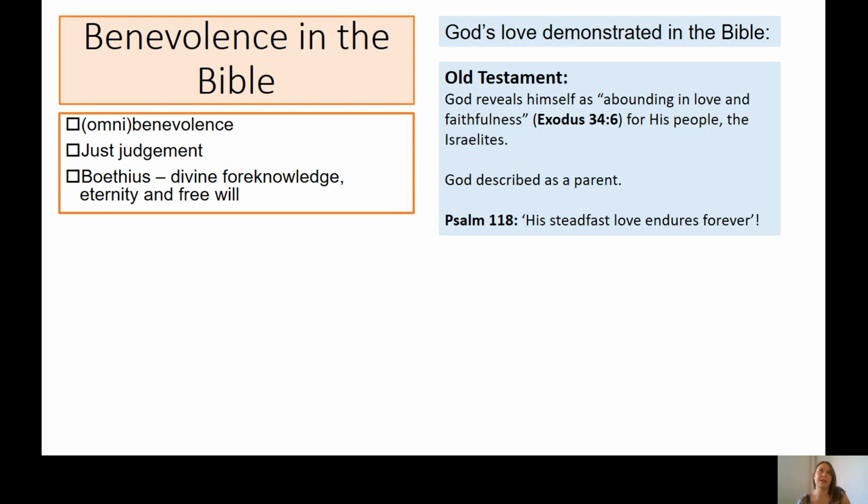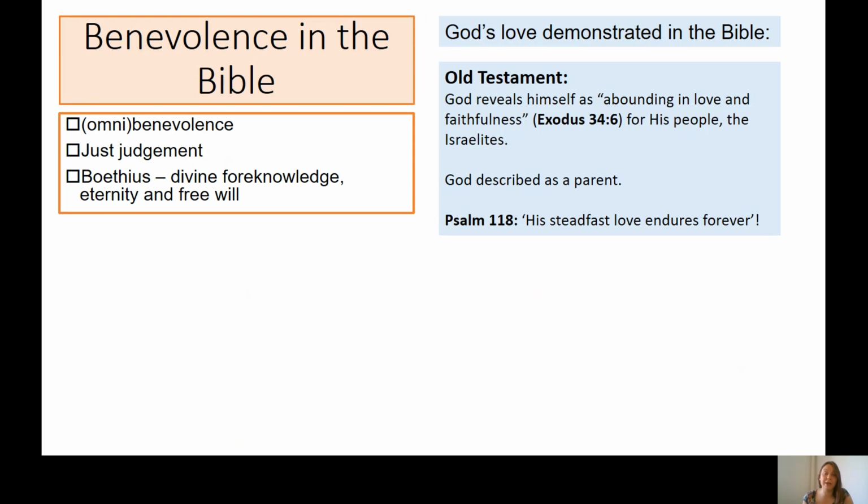The Old Testament contains the 5 books of Moses, which sometimes are called the Torah, which is the Jewish scriptures. It contains the same prophets as a lot of the Quran. So it's not just a holy book for Christians, but it is a source of wisdom for other religions as well. So in the Old Testament, God reveals himself as abounding in love and faithfulness, and that's from Exodus 34